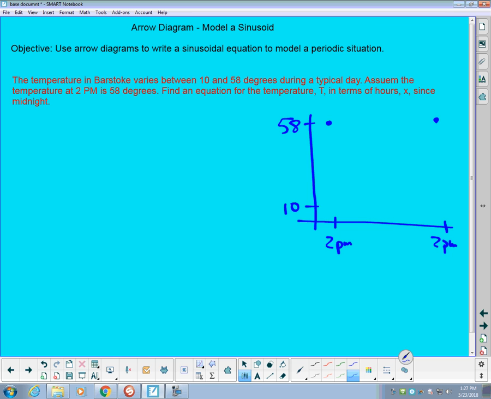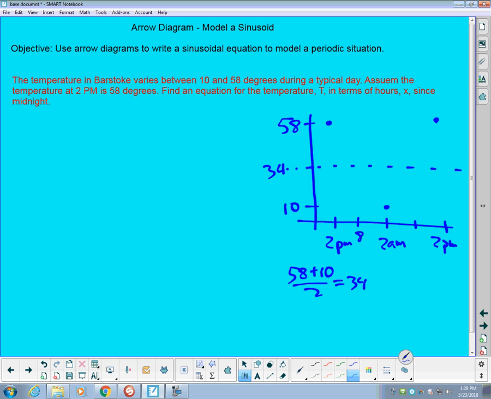And the low temperature is 10. That would happen 12 hours after 2 p.m., which would be like 2 o'clock in the morning. And so we had a low point right there. And then we know that there should be some halfway points in here. We should have this broken up into nice 4 pieces, halfway between 58 and 10. If we do 58 plus 10 divided by 2, 68 divided by 2 is 34. So our axis of oscillation is going to go through here at 34,